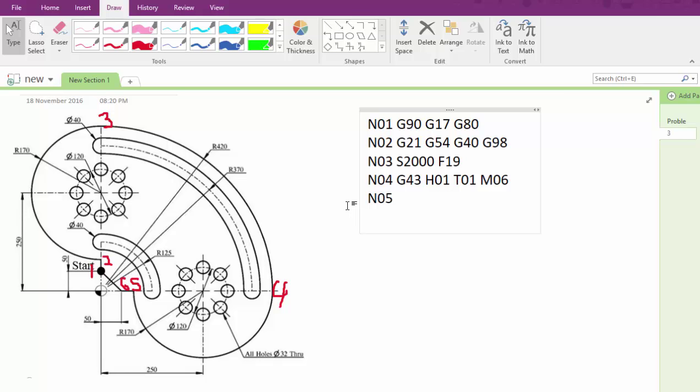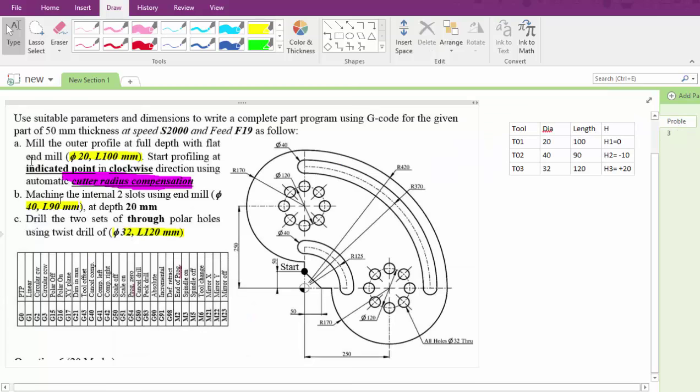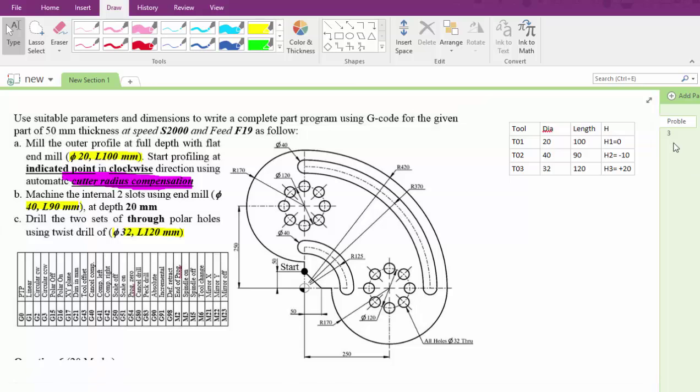Then we can turn on the spindle using M03 as we identified both speed and feed. Here the machine is ready and the speed and feed are identified. The tool and tool offsets are identified too, so we can start the cutting. And here, as indicated from the problem, the cutting is at the full depth of the workpiece, so the depth will be 50